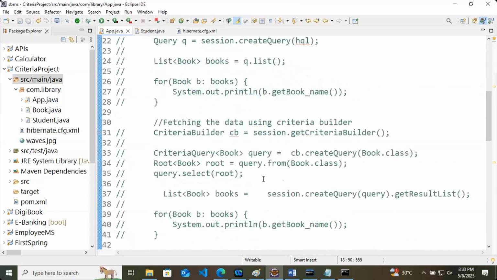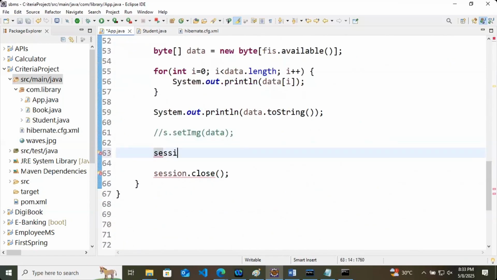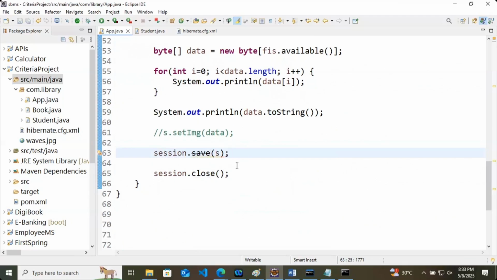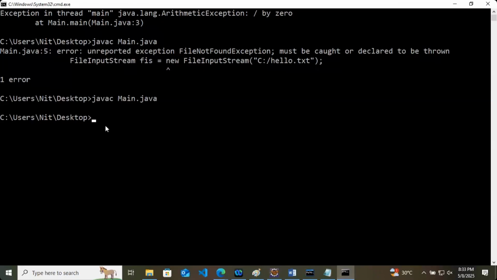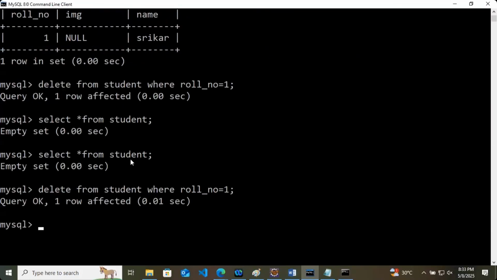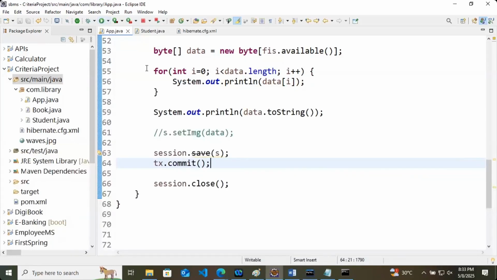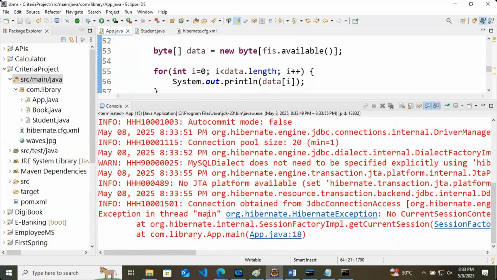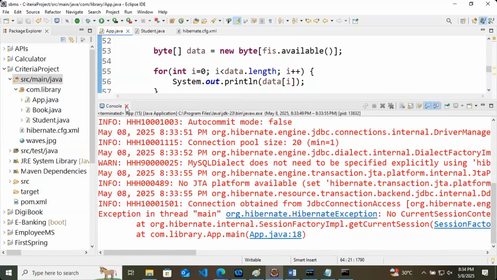No, there is some other problem here. Current session configured.